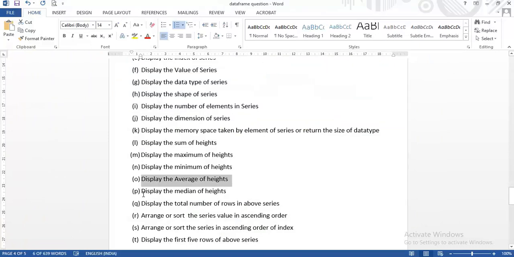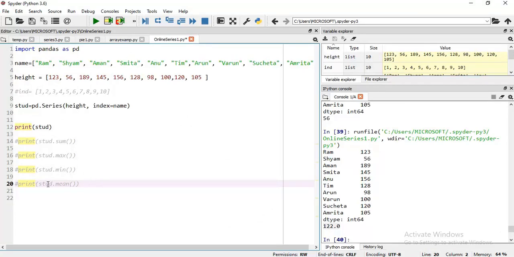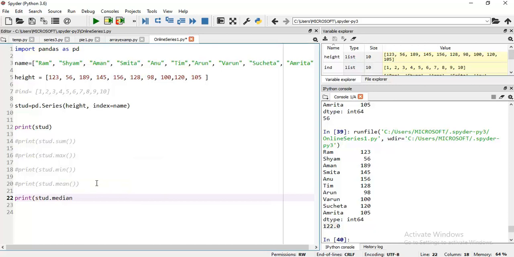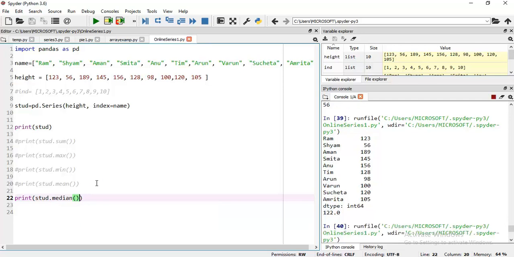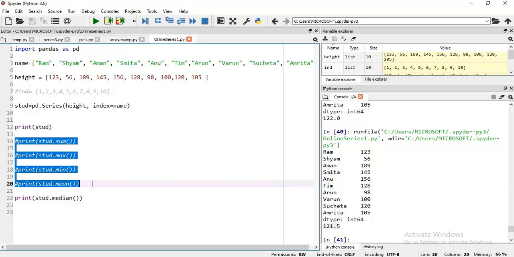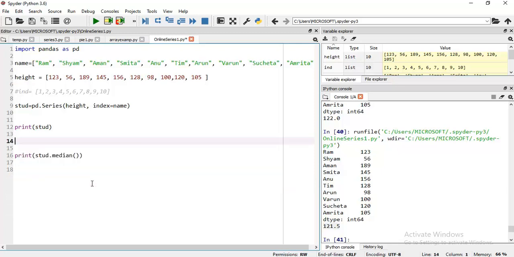As in the next question, display the median of heights. Median, okay, no problem. Simply you write median, then let me execute F5. This is the median, 121.5. We know how to calculate median, and we know how to calculate mean, average.